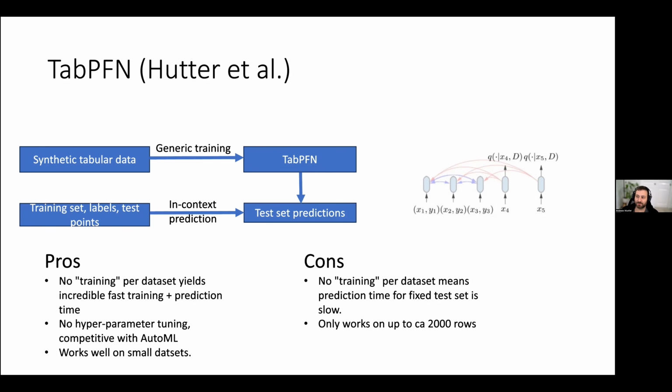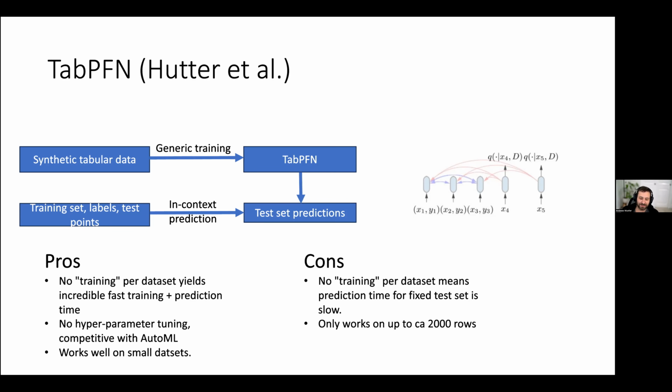And I think that's also some of the feedback that Frank got from the internet. But in particular for me, working at a cloud provider, deploying models is something that we care about. So we really wanted this to be fast and competitive for this to be useful. The other con was that in the original work, I think it's cited to be up to 2,000 rows. I think now it's higher, but